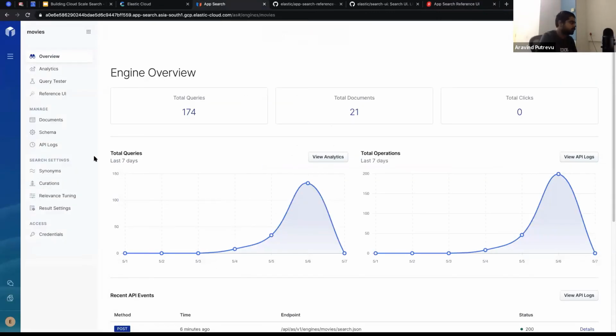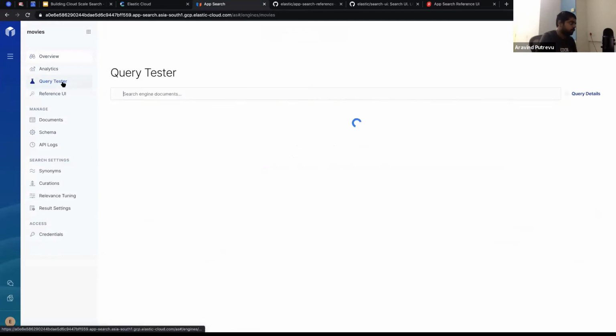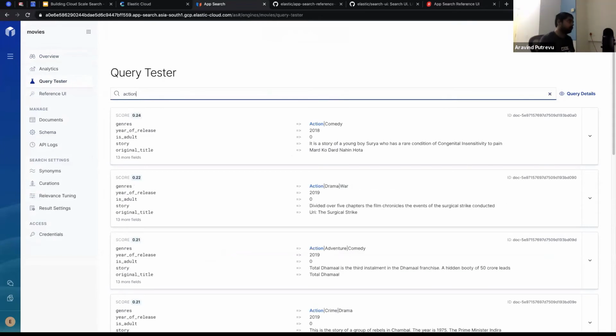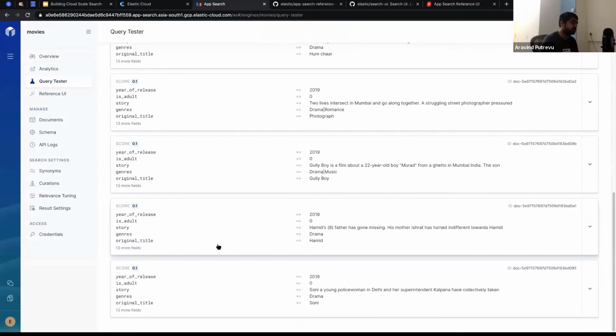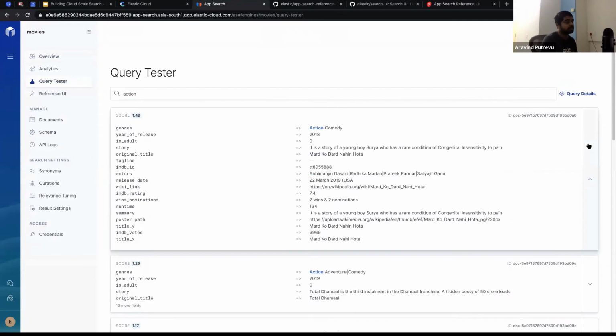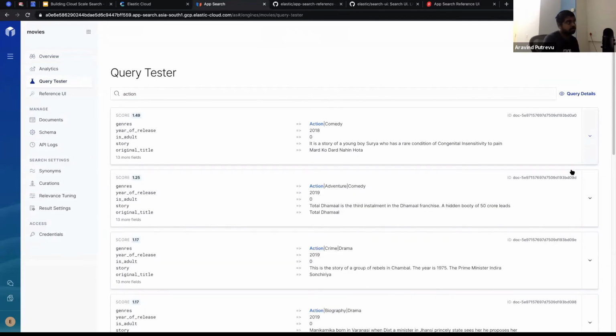You could test the specific queries that you want to test. Like if I type action, what sort of movies show up and what are the weights. And if you don't want to show some movies, or want to demote some movies, you can do all of that actually.